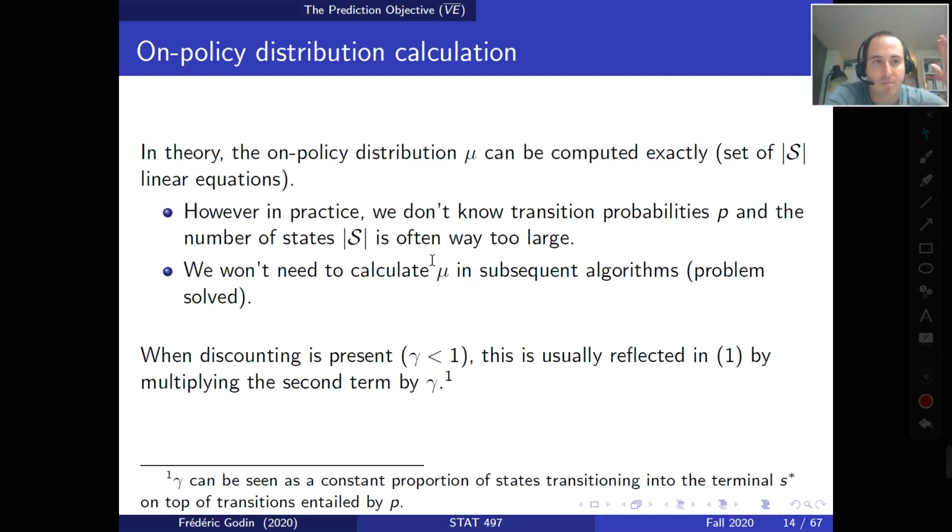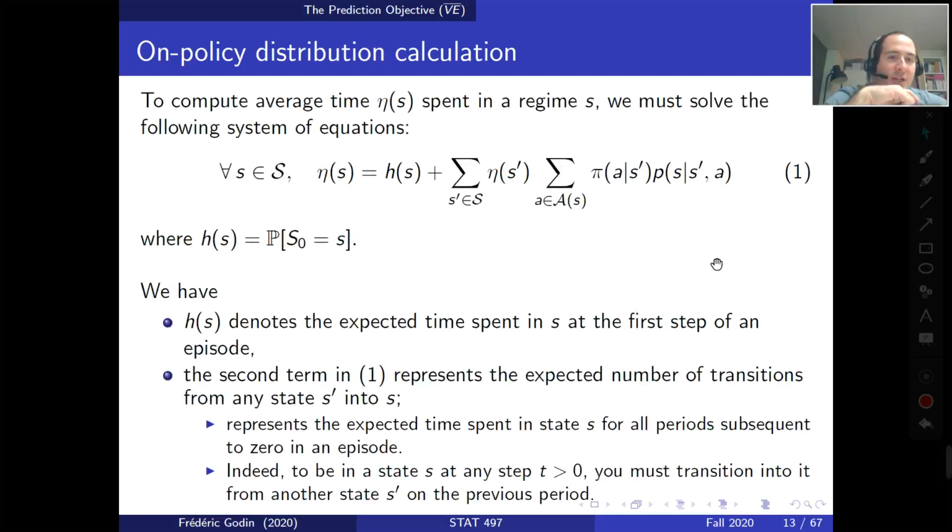It exists, but we don't care exactly what the value of mu is. Note here, if we go back one slide, this formulation applies for episodic tasks. Now, if we have a continuing discounting task, then this formula has to be slightly modified. So there's some discount factor gamma that should appear somewhere in the formula. I think it's just here, but I forget this detail,